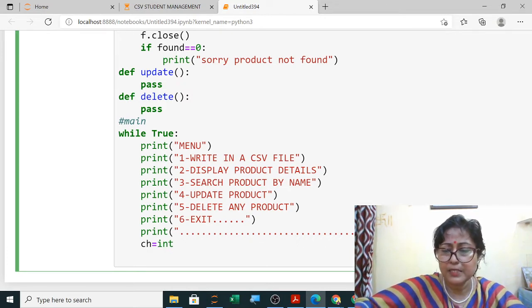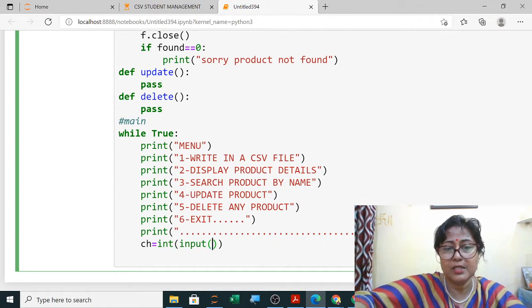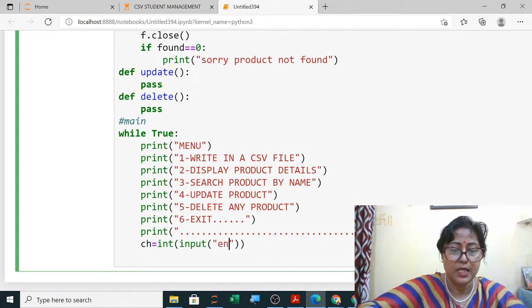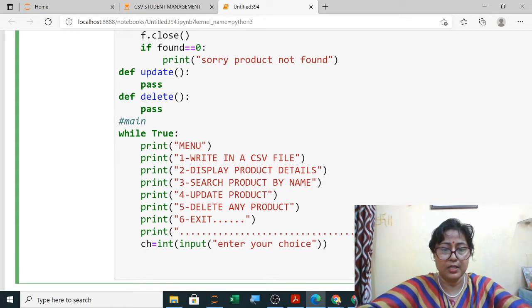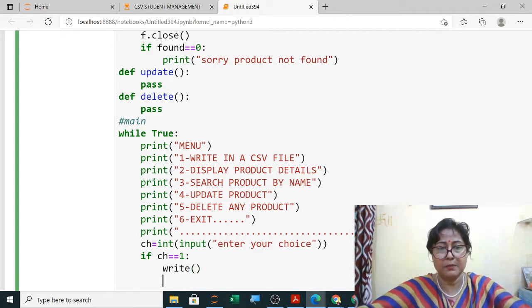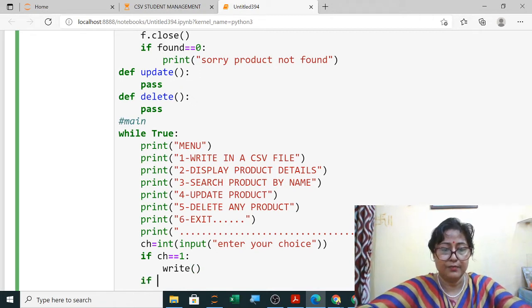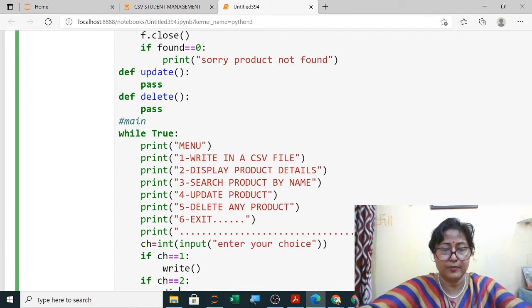So I can copy paste it from the previous one because it is similar to all the programs till now, menu driven, whichever you have done. Enter your choice and then you have taken the choice one by one. So if choice is 1, then first one you are typing, right. So now I will show you only write, display, and if choice is 2, then it was display and search. Display and search.